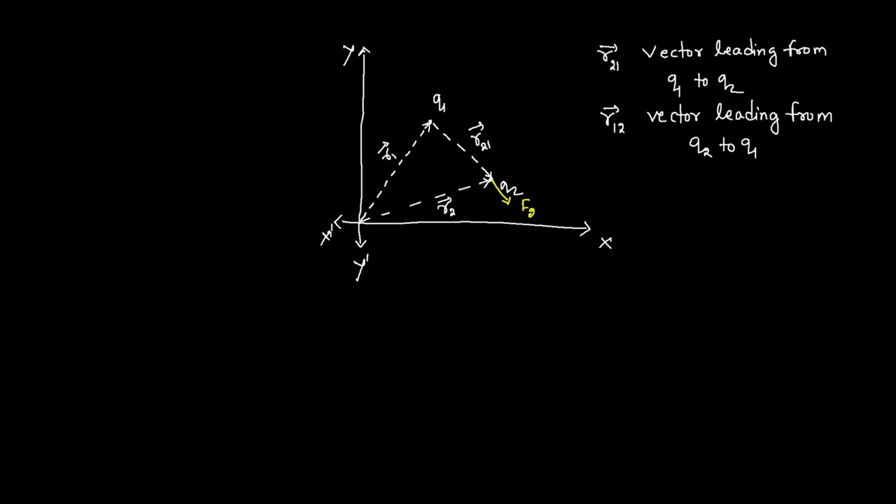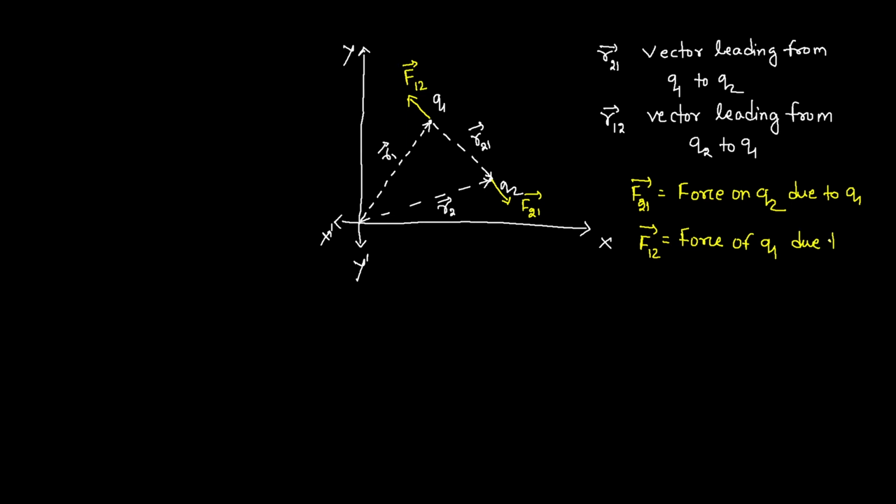Now a force F21 is acting on charge particle Q2, and a force F12 is acting on charge particle Q1, where F21 is the force on Q2 due to Q1, and F12 is the force on Q1 due to Q2. Now according to Coulomb's law,